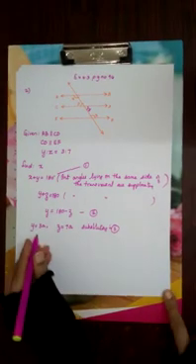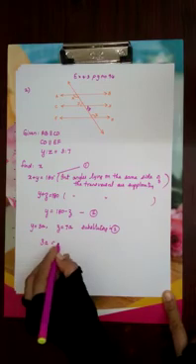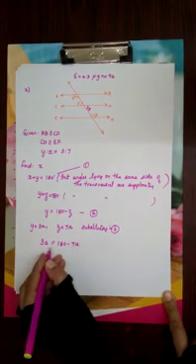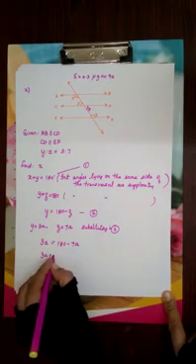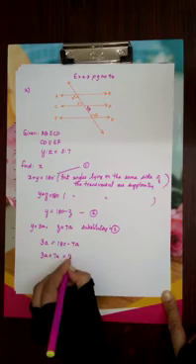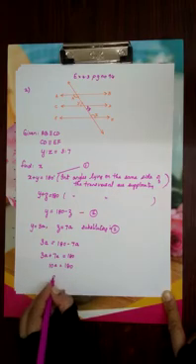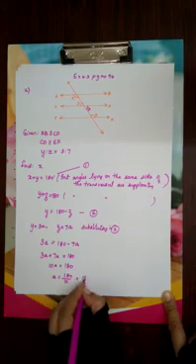So, what is it? Y is nothing but 3A. 3A is equals to 180 minus 7A. Collecting the like terms, I will get 7A to the other side. We have 3A plus 7A is equals to 180 degrees. 10A is equals to 180 degrees. A will be equal to 180 by 10, which is equals to 18 degrees.